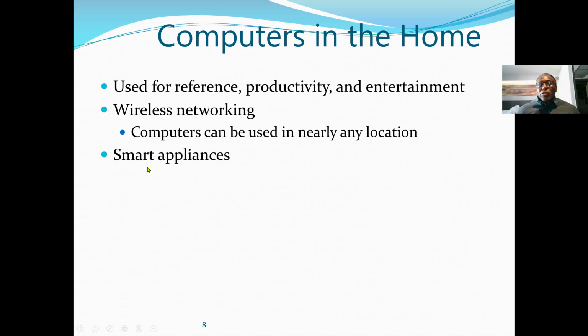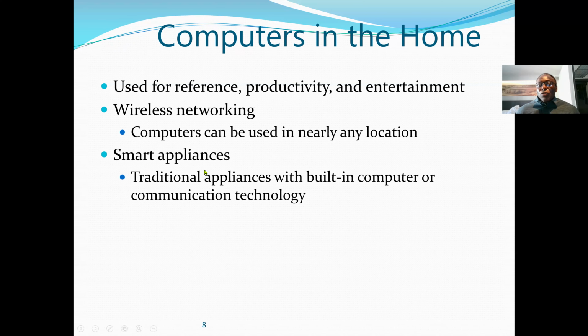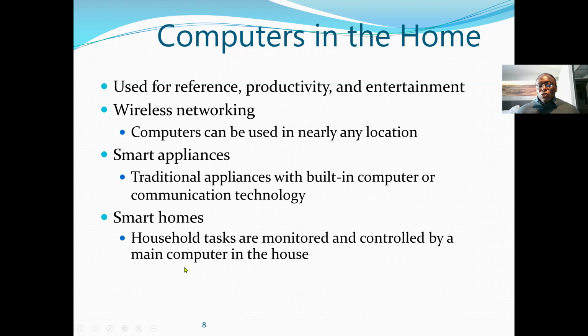Smart appliances, one of the common ones again being the TV, are traditional appliances with a built-in computer or communication technology. We also have smart homes, where household tasks are monitored and controlled by a main computer in the house. It can be the lighting system, musical system, security system. All the systems in a home can be controlled by a computer.